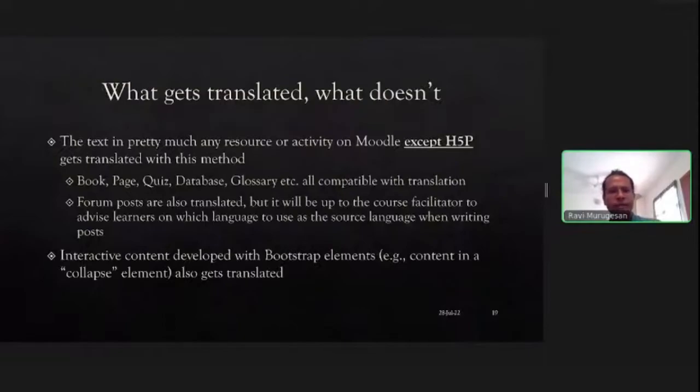But there's some fine print: what gets translated and what doesn't. The good news is pretty much any text that sits in the Moodle text editor. That's my experience. If it's in the Moodle text editor, it gets translated. H5P activities, in my experience, don't.